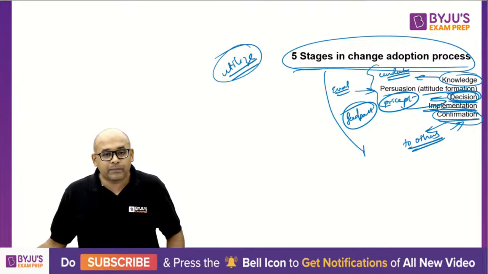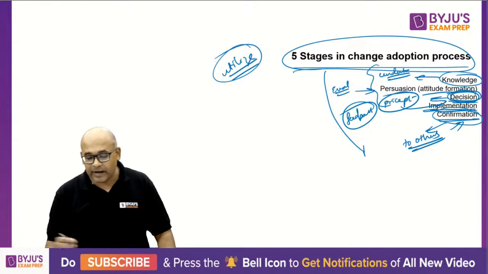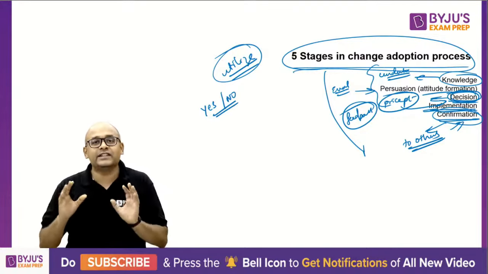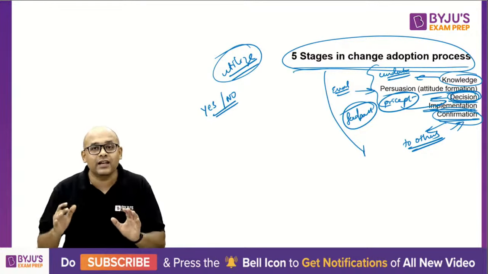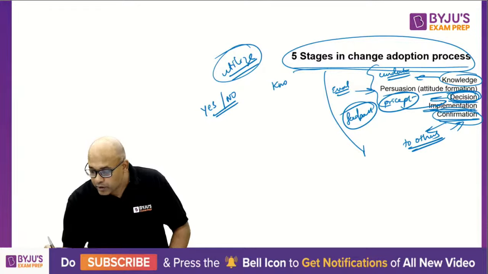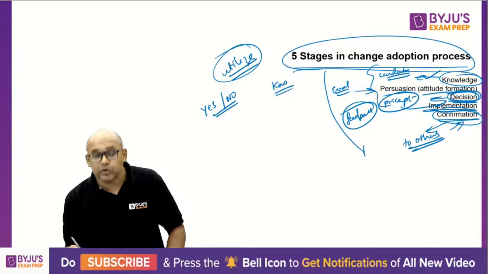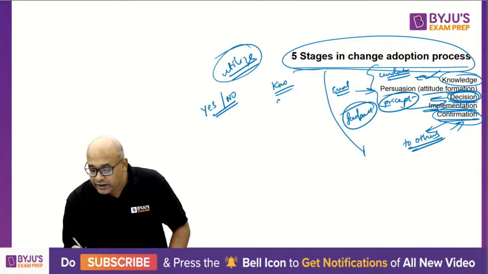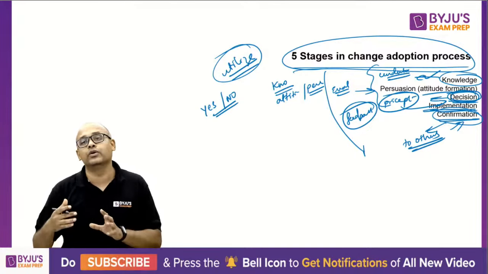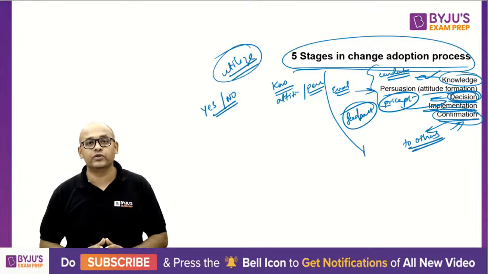Makarand is saying decision part again, please. So this decision, Makarand, decision is finally ultimately asking yes or no. So decision is simple, yes or no. But the thing is, for the decision to happen, you are looking at knowledge already to happen, because you will use the knowledge. You will also look at attitude. What attitude have you formed? And how much have you been persuaded to understand or to believe that this product is useful to you?